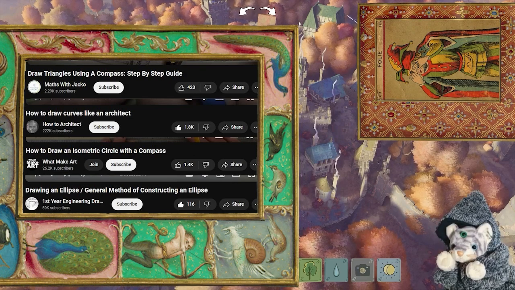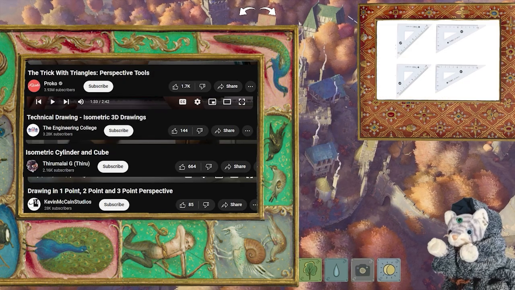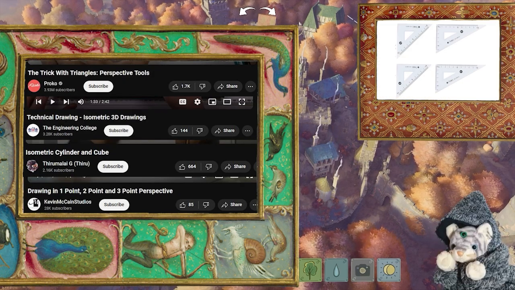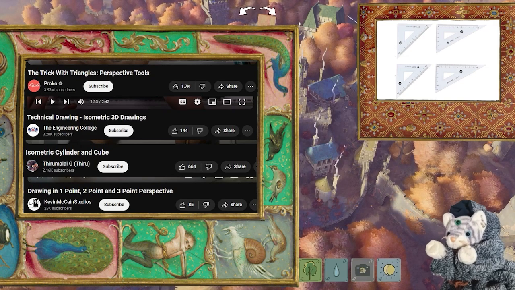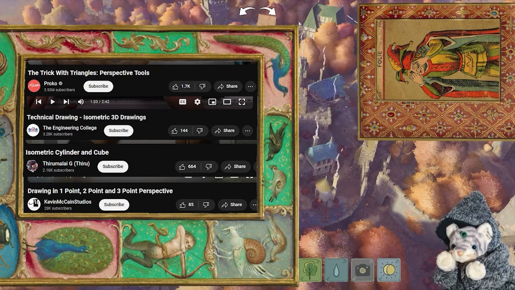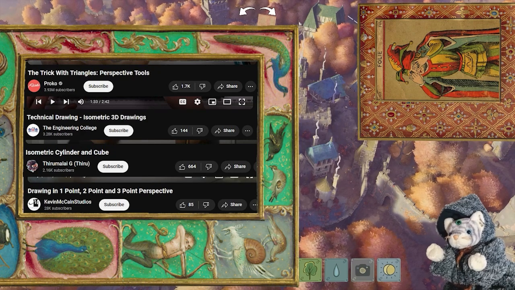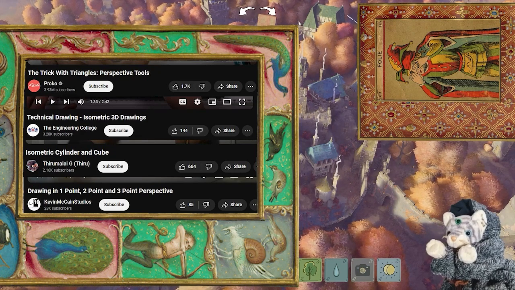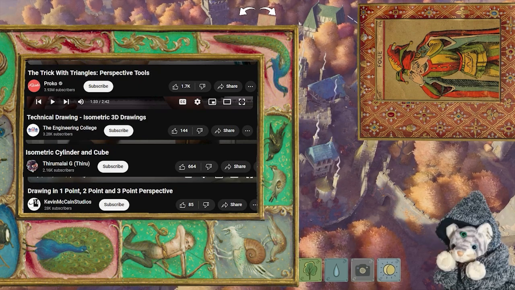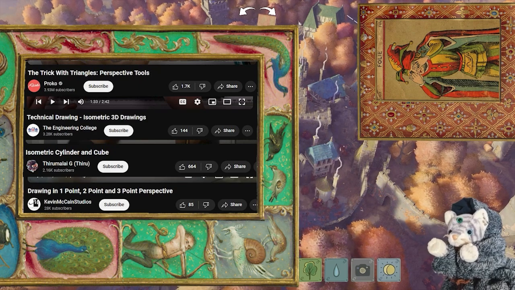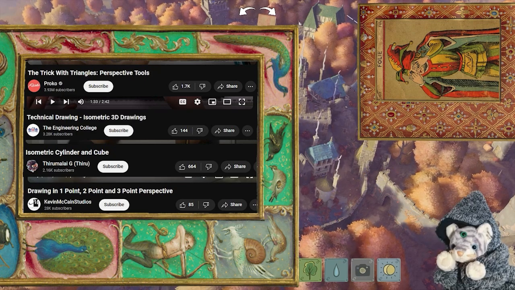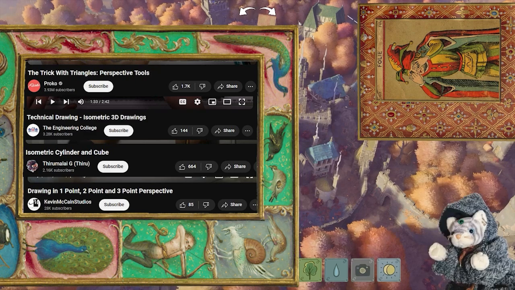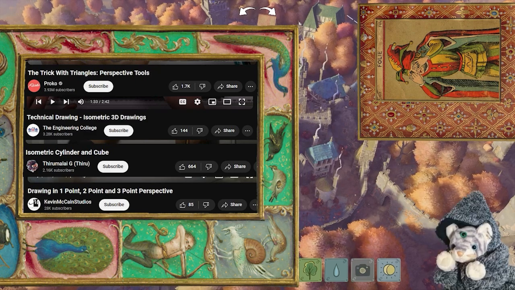All right. The architectural triangle set. Get as many triangles as you can. You look at that thing, if it doesn't got like every shape of triangle you know from high school, you don't got enough triangles. I like mini ones, personally, even if I'm working at like a large scale. I like to have a mini set. This is just because I find the huge ones are kind of unwieldy, and I find that they kind of slide around a bit much for me. You can look up tutorials for how to use any of these things if you do not know how to